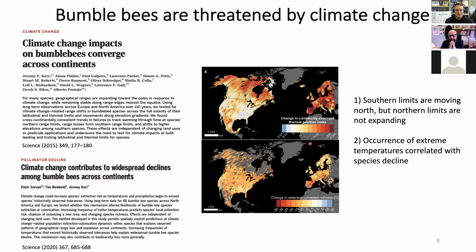Although it seems like the southern ranges are shrinking faster than the northern ones are expanding, which is obviously a worrying development, and also a reason why